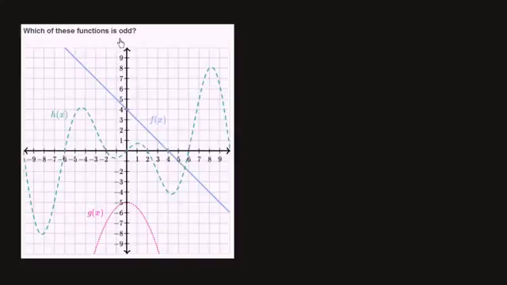Which of these functions is odd? And so just let's remind ourselves what it means for a function to be odd. So I have a function, well, they've already used f, g, and h, so I'll use j. So a function j is odd if you evaluate j at some value, so let's say j of a, and